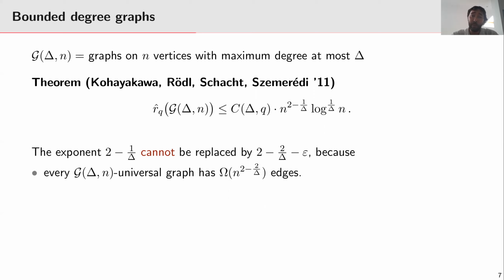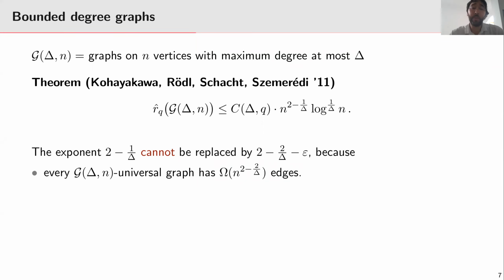What should I say? So this exponent 2 minus 1 over delta, you can't do better than 2 minus 2 over delta here, because just to be universal at all for bounded degree graphs, you need that many edges. So even if you didn't look at coloring the graph at all, you just said, I simply want to find all of these graphs in my big graph with this many edges, then this is how much you need. On the other hand, there is kind of a big gap between the exponent here, 1 over delta, and this 2 minus 2 over delta that is the best lower bound we